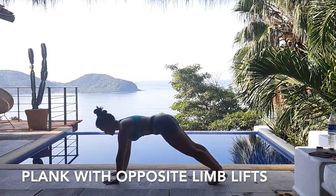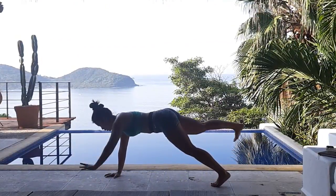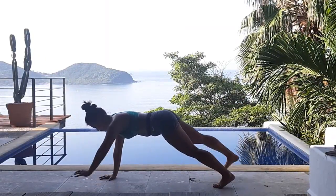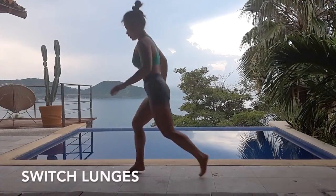And a lot of you guys have been asking me about stability exercises. So if you want to gain stability, create instability in your exercises with the plank and opposite limb lifts. In order to execute this properly, you've got to squeeze that butt, squeeze those shoulder blades, raise that arm, squeezing